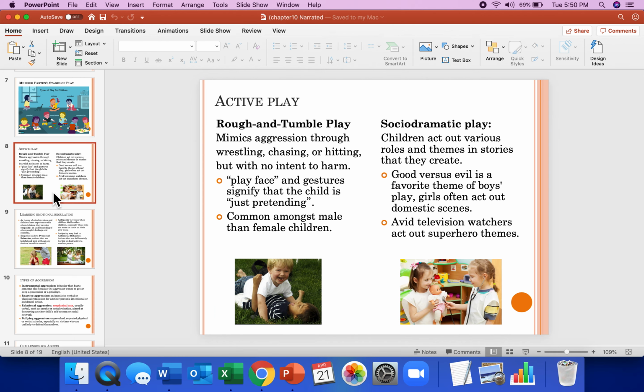Social play involves two other types of interaction with children. One of them is a little bit more aggressive than the other. We call it rough and tumble. Rough and tumble is a type of roughhousing that some children engage in, or some adults with their children engage in. It mimics aggressive wrestling or chasing or hitting, but it is not intended to harm. And the way you can tell that it is not intended for harm is with that playful face or that smile, those gestures that are just pretend and they're just playing. It's common mostly amongst male